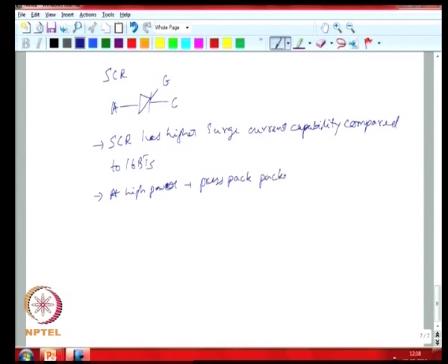So essentially the PressPack packages have a couple of advantages that are beneficial. One is it is possible to have very high current